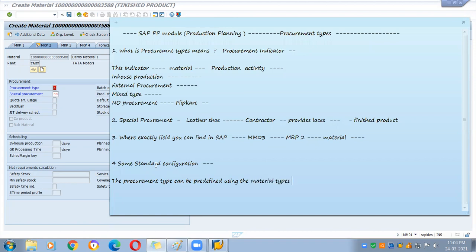What this statement means, this will be more familiar to the BP guys, but what this statement means, the procurement type can be predefined using the material types. That we can configure through the material type setting. Let me show you, and then you will be able to understand, and then I will provide you a business case example where exactly it can be used.